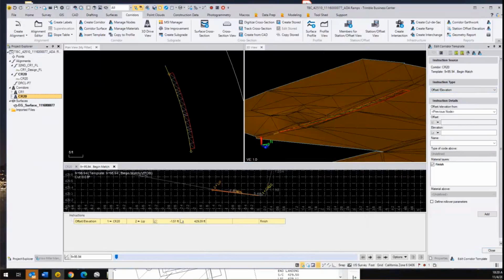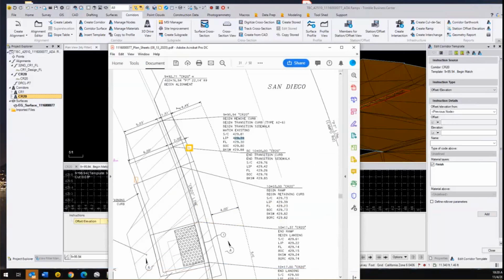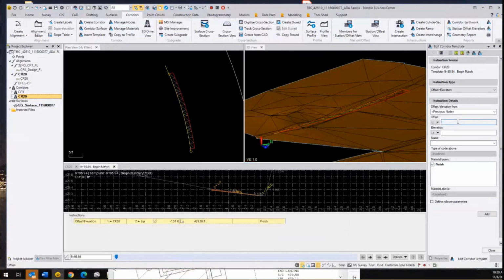So one thing to remember, when it says offset in editing the corridor template, it's not talking about your centerline offset. It's talking about the offset from whatever you define here, which is good because in this case our plans are dimensioning like that. So 4.49 feet to the left, and you can enter that minus before or after, 4.49 minus, and it'll fix that for you. And that lip elevation is,